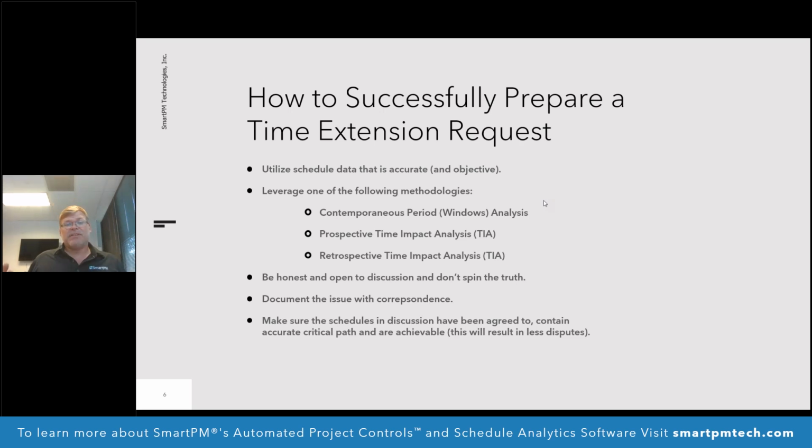If you do all these things, you will be in a situation where you don't have what I believe to be the worst thing to happen on a construction job, and that's a dispute. So let's talk about,